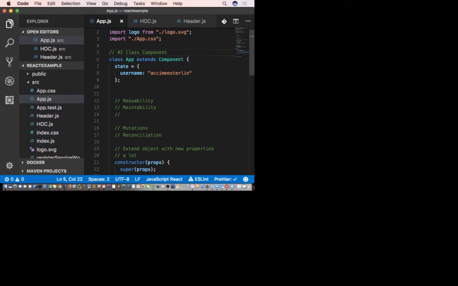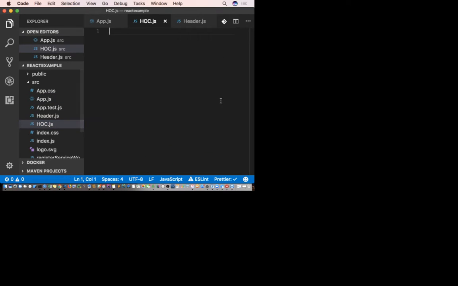Just you guys can see, right? Well, what about the third one? Well, the third one, it's called higher order component, which means that if you want to work with React, it doesn't matter what you're going to be building, you're going to be dealing with three types of components, which AKA means if you understand them today, you will be comfortable with every single one of them. Clear, right?